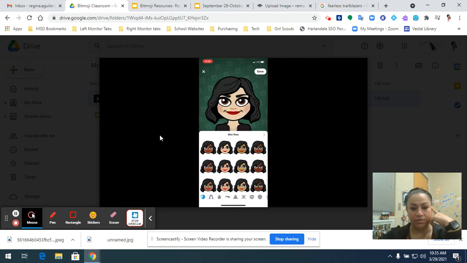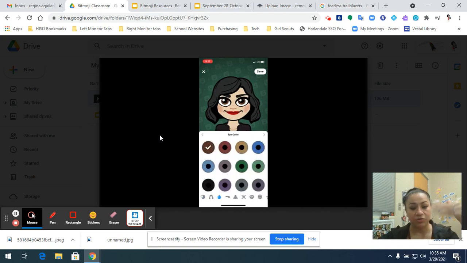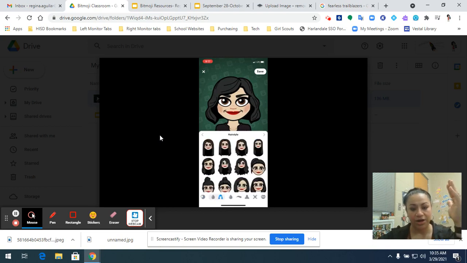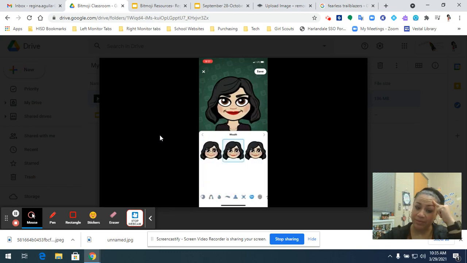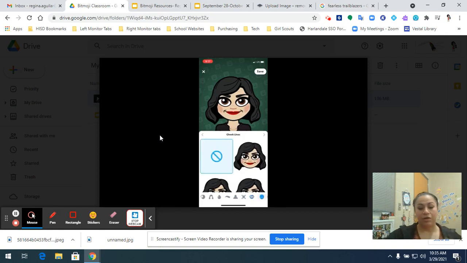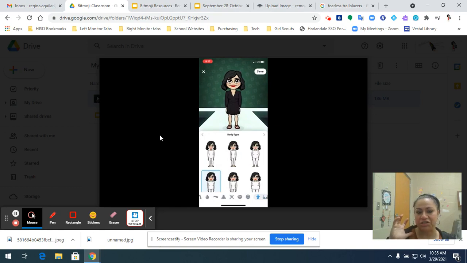I'm going to start with male, female, skin tone. I'm going to start with hair color. It goes to hairstyle. You're going to pick whichever one you want. Eye color, eyebrows, eyebrow color, what my nose looks like, my face shape, my mouth. There are cheeks. You're just going to go through the process of creating your person to look like me,